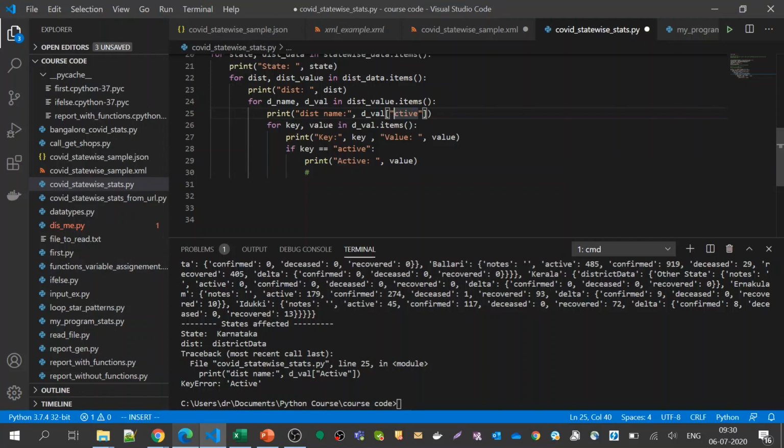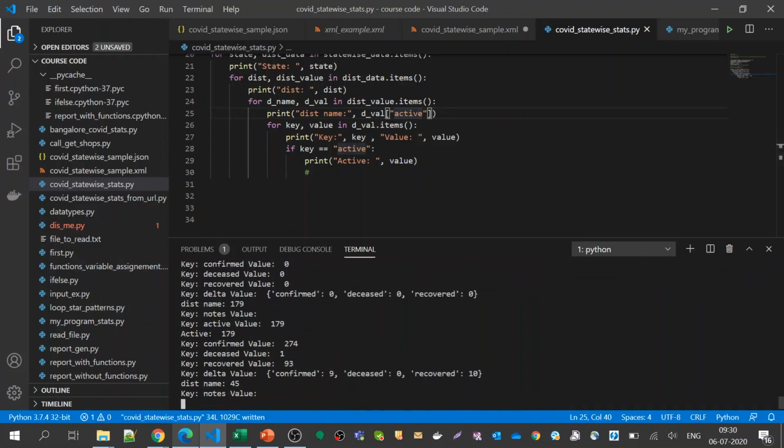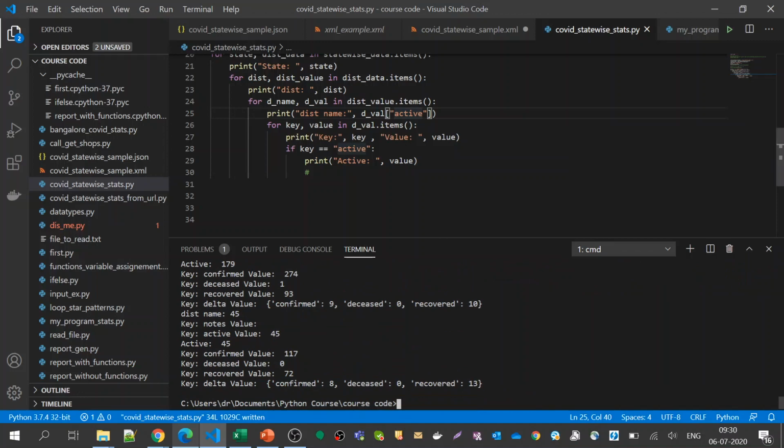Okay, small lab. If you try to access any data which is not there, it will give a key error, which we will see in the next class, about what it means and how to handle those. Okay, now it's actually working.